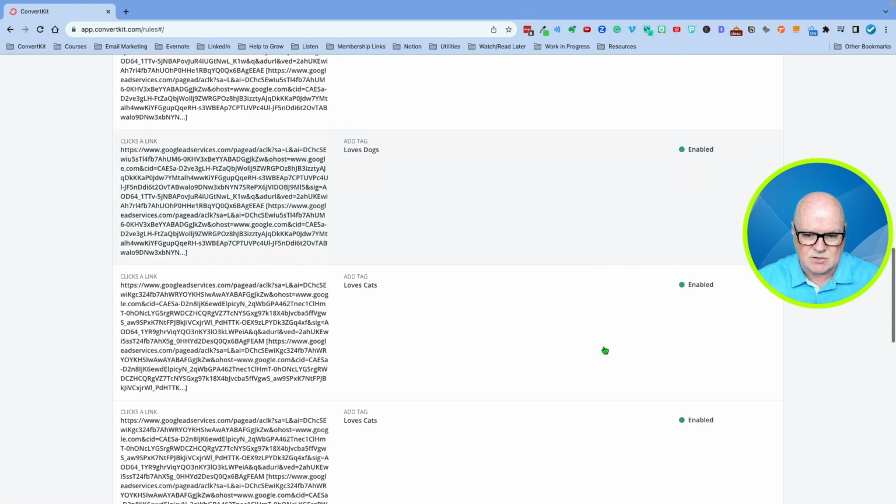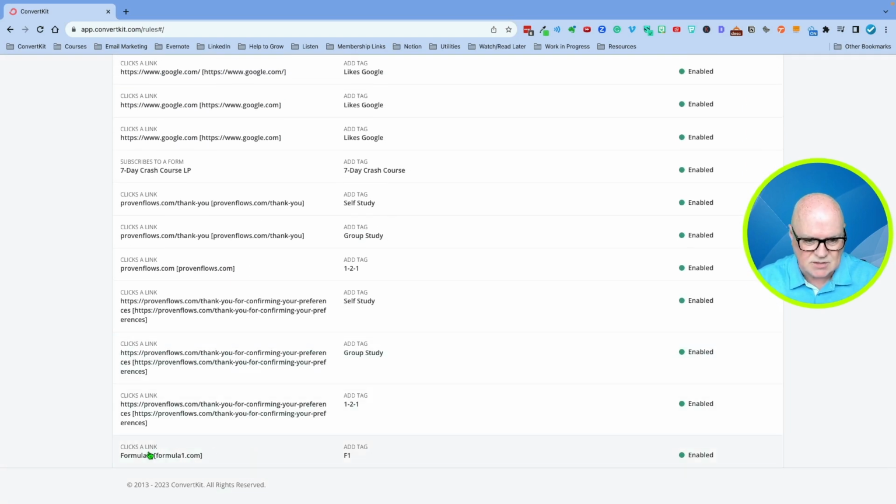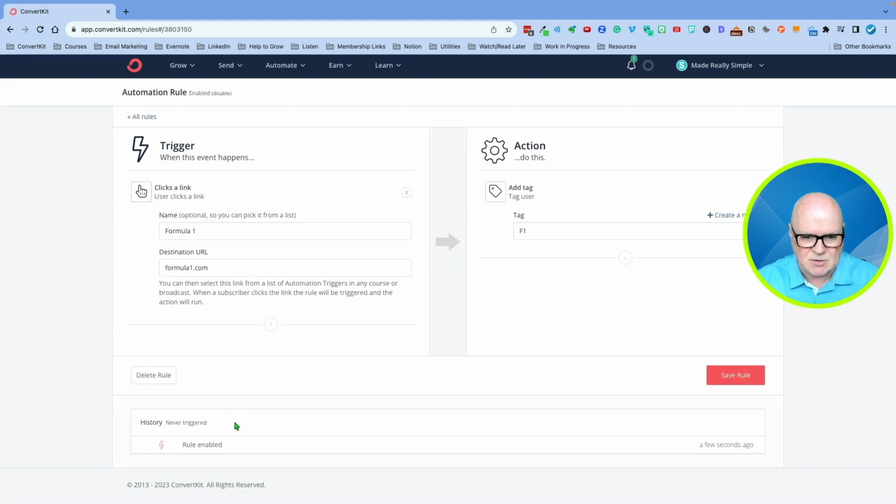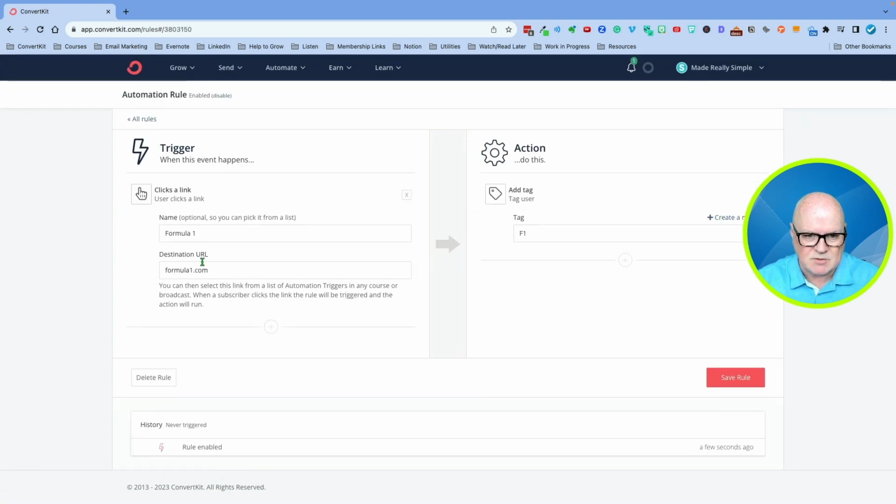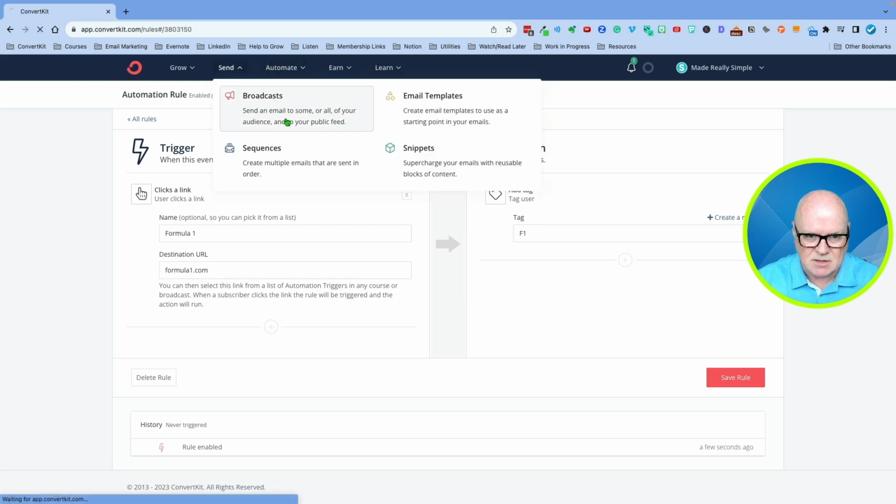Okay, and when I scroll down to the bottom, you'll see the rule there. So it says there, every time the rule's enabled now, every time someone clicks on that URL, if I put it inside an email, then I'll be tagged with the F1 tag. So I'll do a quick test. I'll send myself an email, a broadcast,